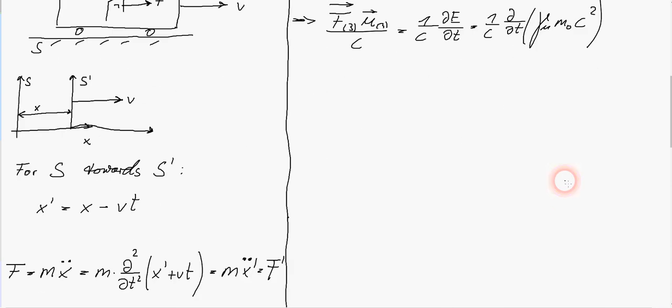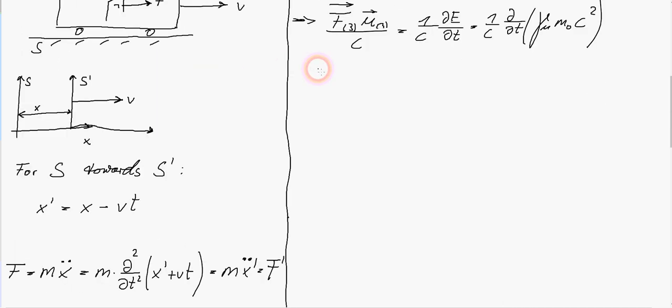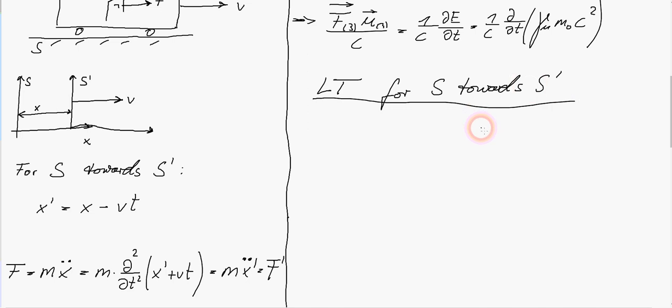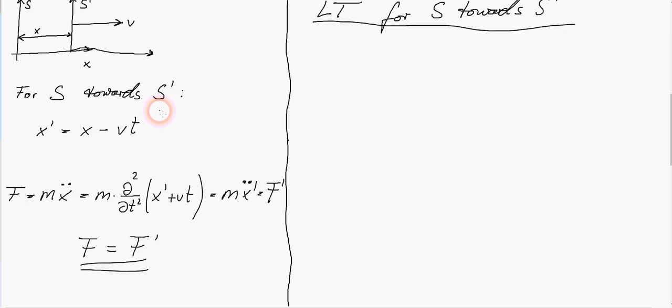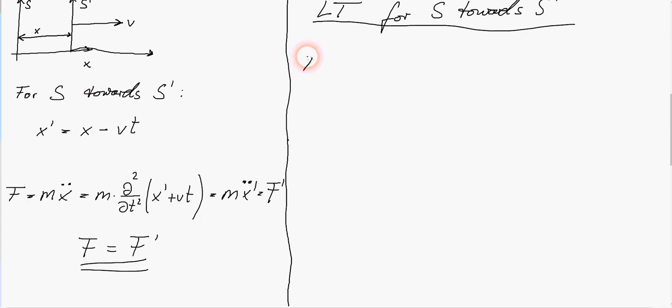Okay, now let's go over to the Lorentz transformation for the force. Completely different to the Galilean transformation, we will now have to apply a Lorentz transformation. So I call it just LT, Lorentz transformation for S towards S dash, S primed. And we have seen that we need 4 expressions or 4 components which we will have to transform. And there is this one which connects force to the time derivative of energy, and this transforms according to the following rule: F times u over c primed equals